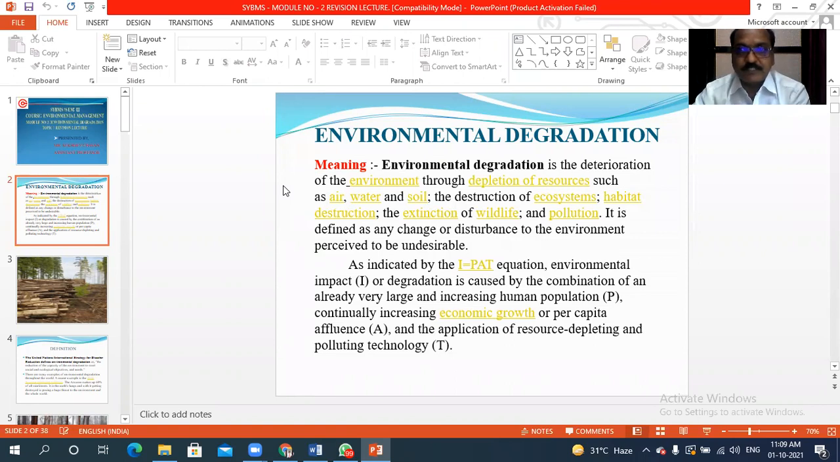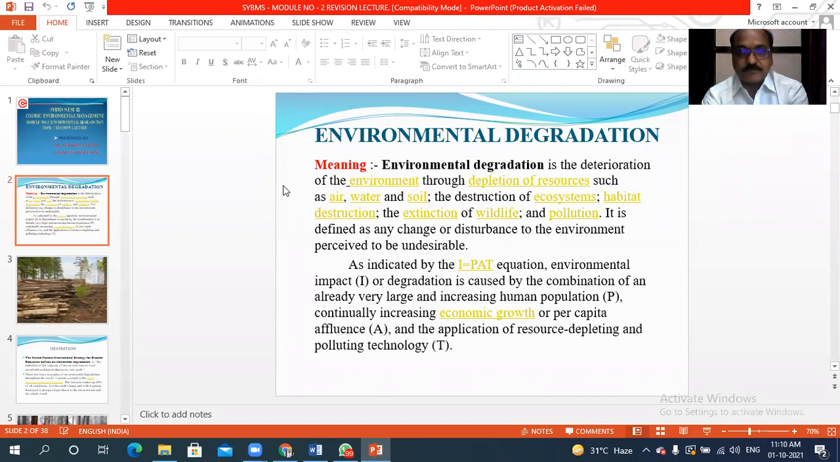So dear students, when we see the dictionary meaning of environmental degradation, we can find that it is deterioration of the environment through the depletion of resources such as air, water, and soil, and the destruction of ecosystems, habitat destruction, the extinction of wildlife, and pollution. It is defined as any change or disturbance of the environment perceived to be undesirable,